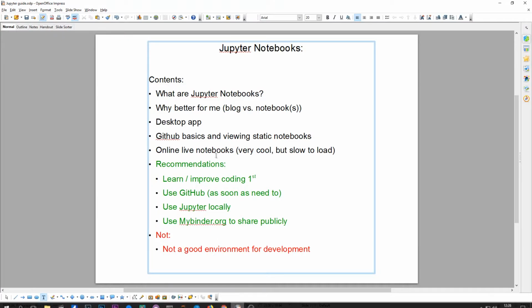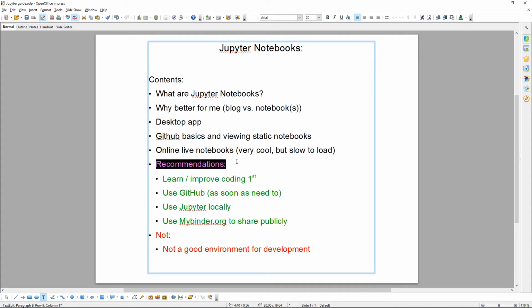So what would I say about this? Well, recommendations. I don't really know enough about it to be very useful on this, but I could tell you what my initial feelings are. For people like me who are doing a somewhat academic investigation into something that involves code, this is brilliant. If you're not doing that, if you just want to learn some code, it's probably not where you want